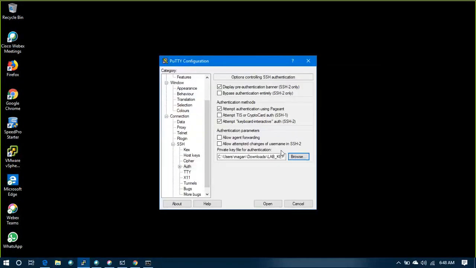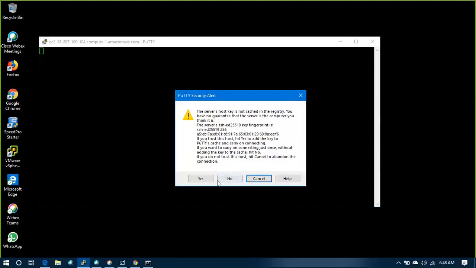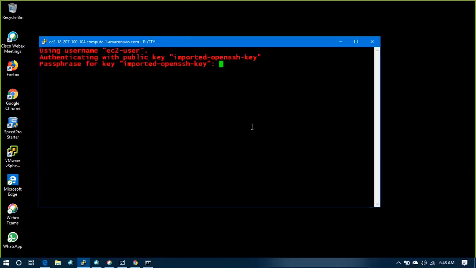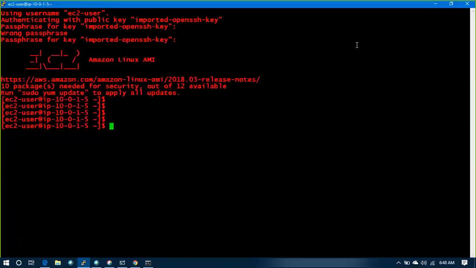Where is my lab key? And_user, ec2-user at the rate 3, yes, I got connected.